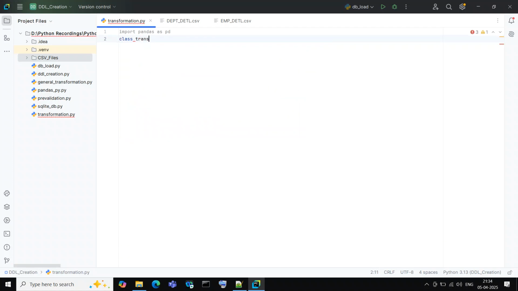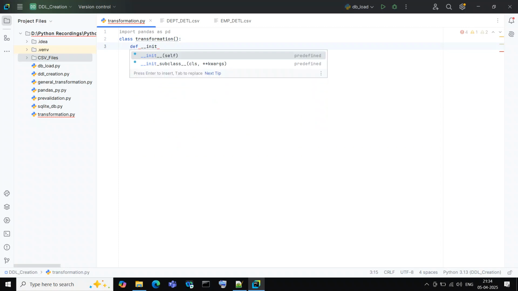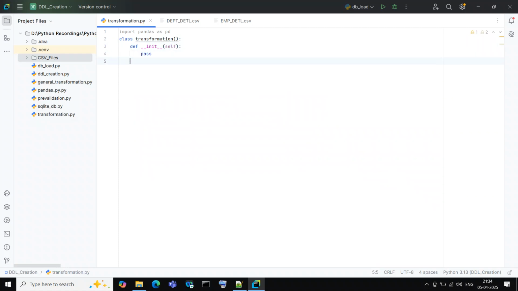class Transformation, and here I'm defining the initialization method __init__, and just give pass as a statement. Okay, I have the class, and then I'm creating the definitions to read the data, like methods to read the data. But first I need to write the main method, and then I need to go for the process, like if